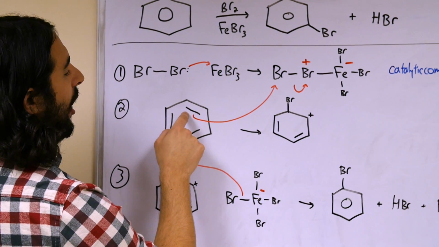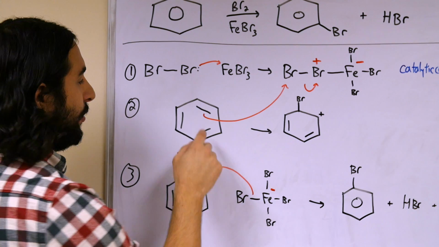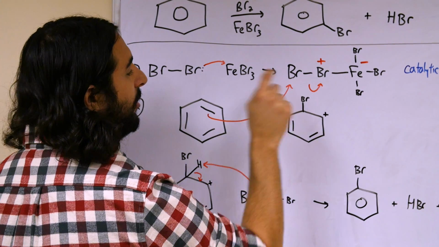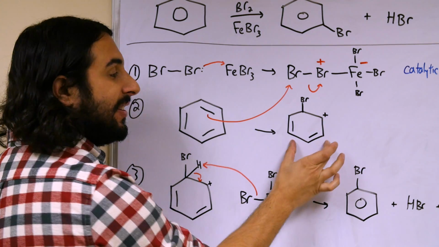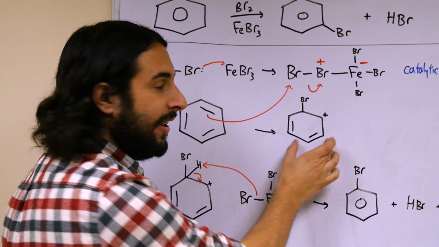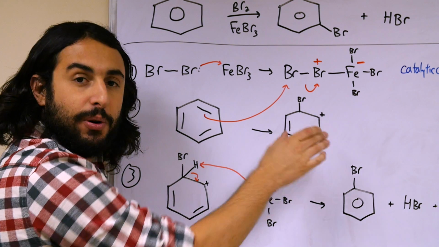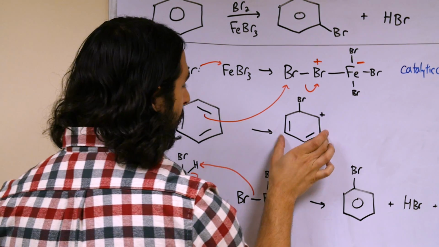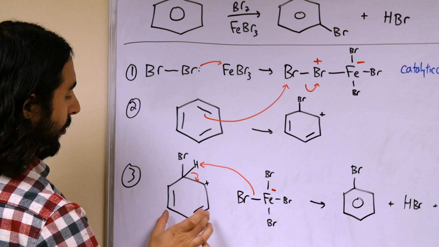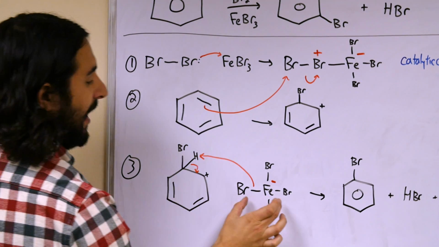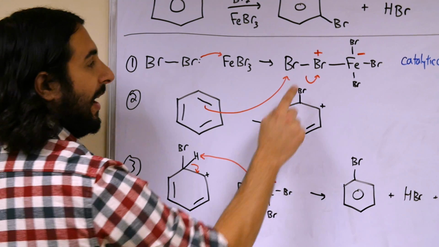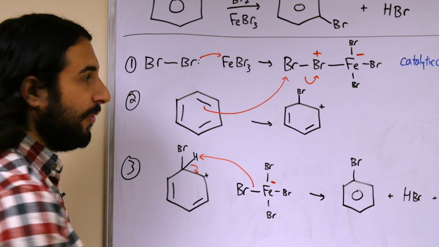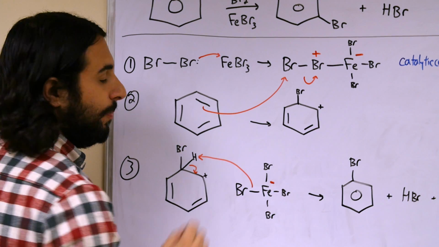So now, just like any other EAS reaction, we've got this pi bond interacting with this bromine atom. So that's on there, and we've left a cation. So this is our arenium ion intermediate. I didn't draw the other resonance structures, but we remember what those are. And then what happens is that, so here's the arenium ion intermediate. Now we've got the remainder of this complex, right? This bromine has been neutralized by those electrons, as we saw before, but this iron atom still bears a formal